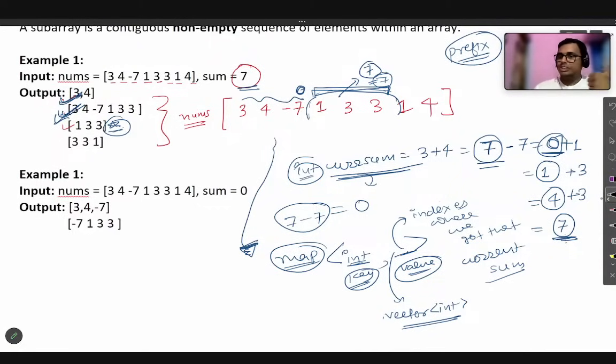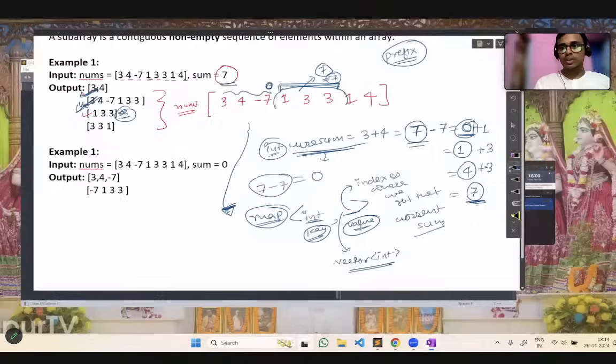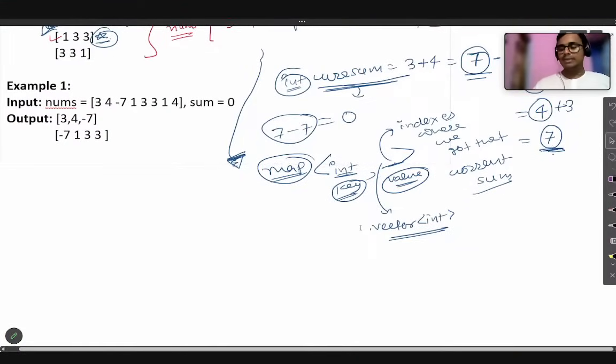Now the data type we have decided. How to decide the data type? What do you need, and why are you taking a map? So what data type do we need in the map? Accordingly we have to decide, okay? There is nothing to remember like that. You just have to decide on the spot while you are solving the questions, because you are going to get this kind of question. The logic will be the same, but the question can be asked in a different way, okay? That is going to happen every time you give any placement examination.